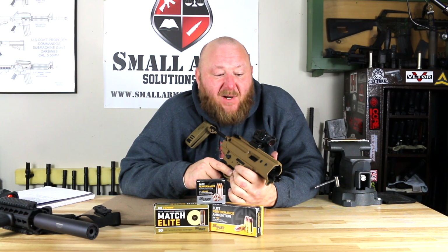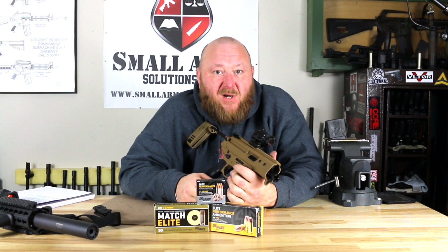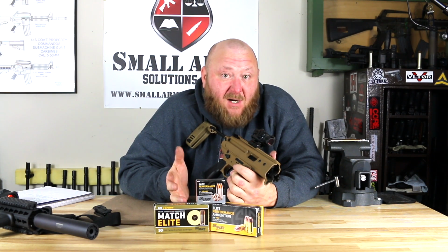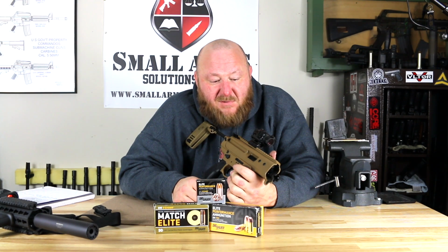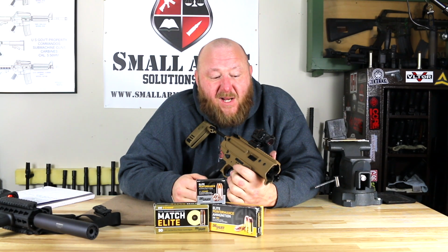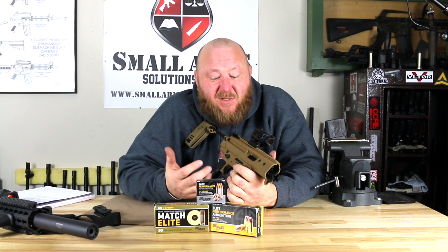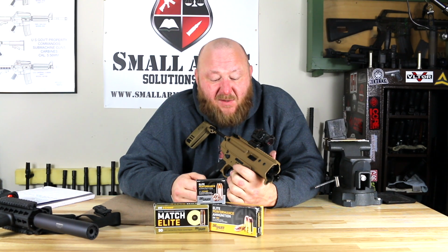Now, is this gun for everybody? No, but if you are looking for something you want to throw in your backpack, or something you want to have in a car, obviously as a pistol, you can't have it loaded in your car. It's a little overkill. It's relatively large. But for the professional industry, when you are looking at any kind of executive protection, whether it be military or any other kind of protection, this gives you the concealable firepower that you would need to pretty much repel anything, especially if you have this in a